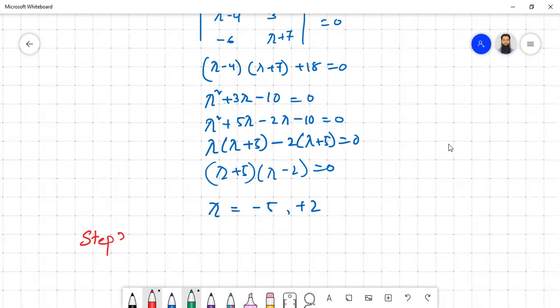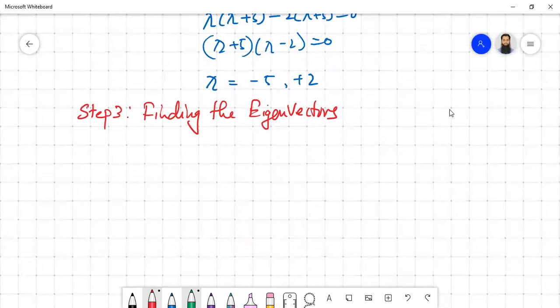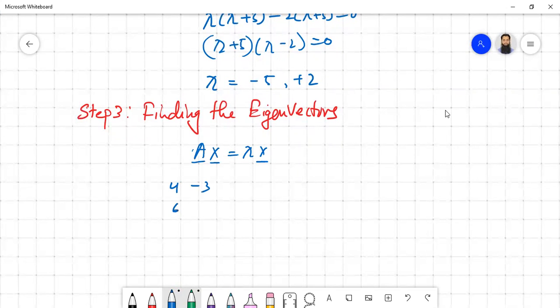Step 3, finding the eigenvectors. Okay, so the same formula again, Ax should be equal to lambda x. So here A is [4, -3; 6, -7], and you have x and y. X and y equal to minus, if we take the minus 5, then